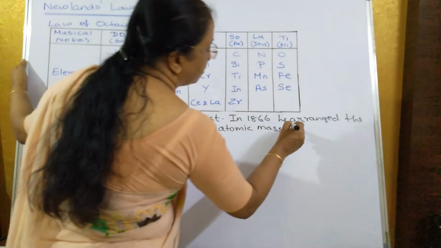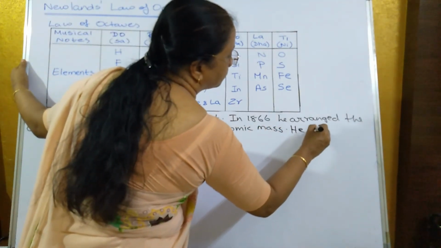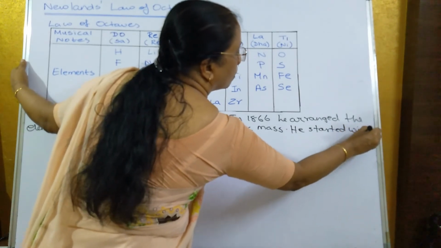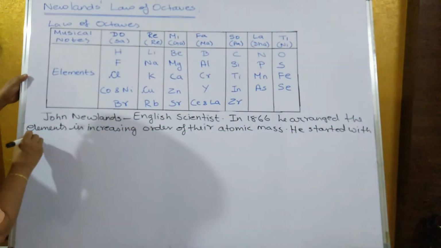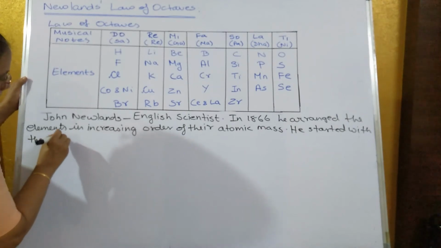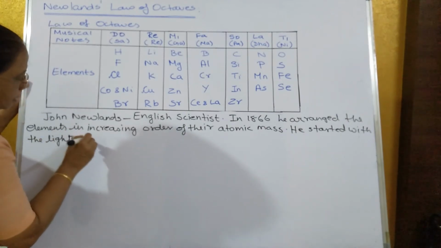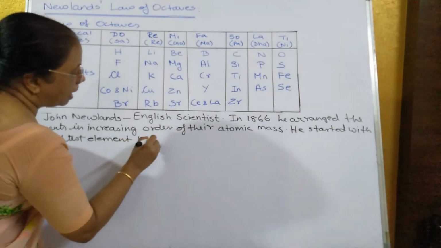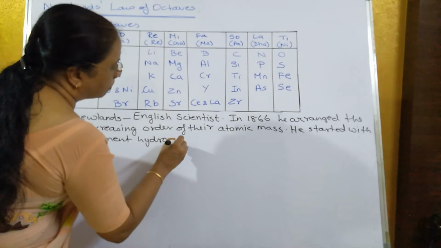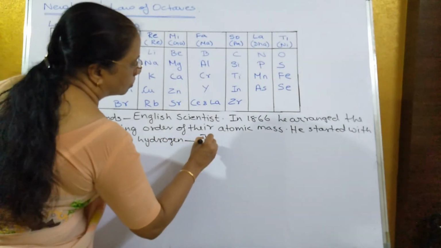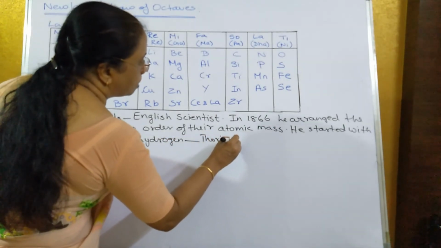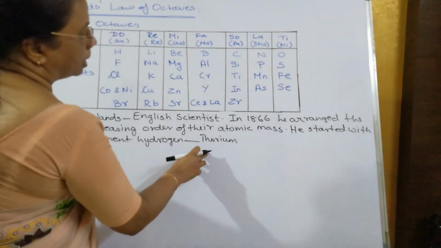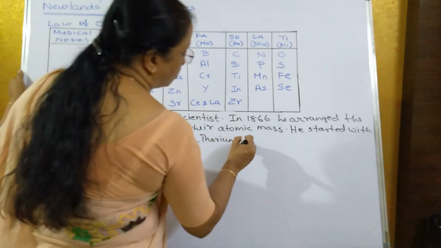He started with the lightest element. Which is the lightest element? Hydrogen. Lightest element hydrogen, and ended with which one? Thorium. तो उसने शुरुआत कौन से एलिमेंट से किया? सबसे लाइटेस्ट एलिमेंट जो कौन सा था? हाइड्रोजन. और ख़त्म किस में किया? थोरियम में. He observed